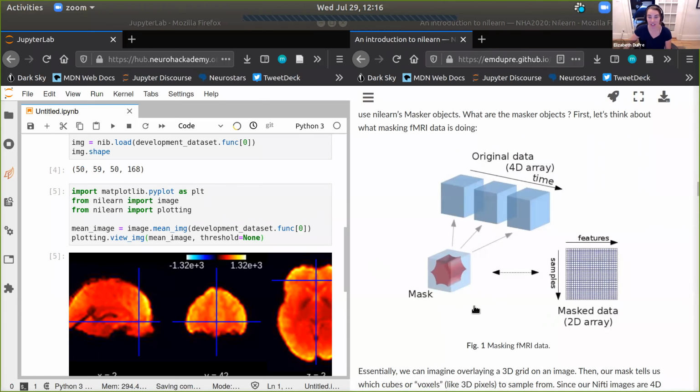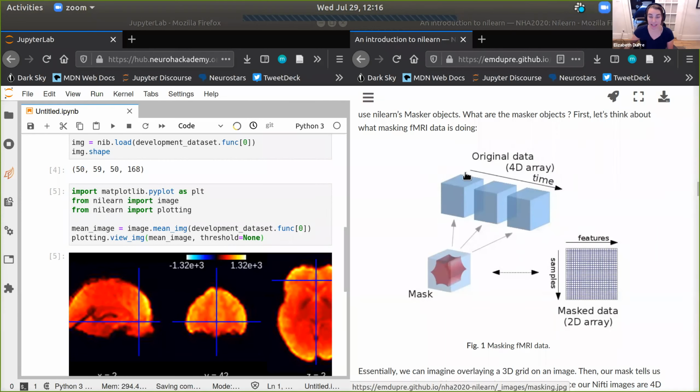But if you have a 4D time series, this doesn't quite work because each volume is now its own 3D cube. So what we need to do is over time apply the same mask to each of the volumes. And at the end, what we'd really like to see is a 2D array that tells us, here are all the different voxels that were within the mask, and here is what they looked like over all of these different cubes, in our case 168.